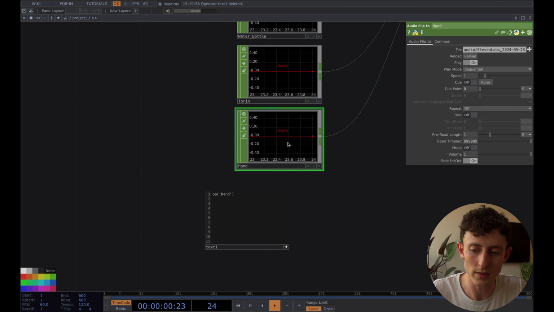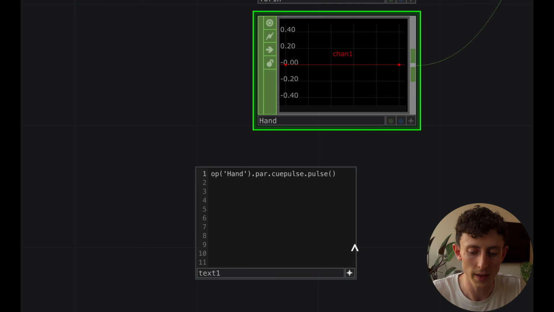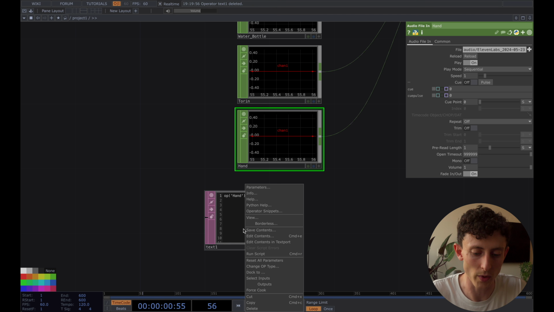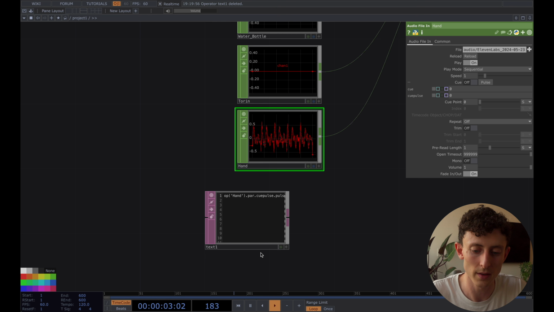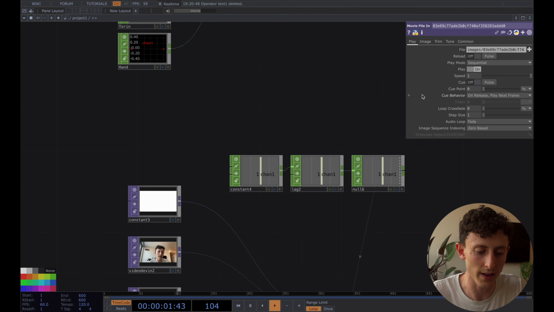And then what I want to do is get a reference to the Q pulse. So notice if I click on the text here, it drops down the name Q pulse. So I'm going to get .par.qpulse. And then the way that we trigger a pulse button is we call .pulse() with parentheses on it. And what we can do here is I can right-click and hit Run Script, and it plays it. So we're going to generalize this a little bit. I'm going to cut this little script and delete it from this text file,